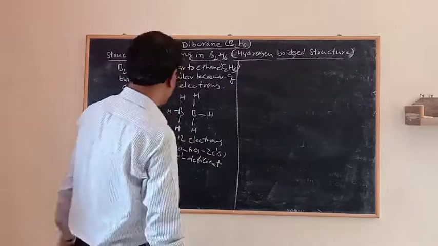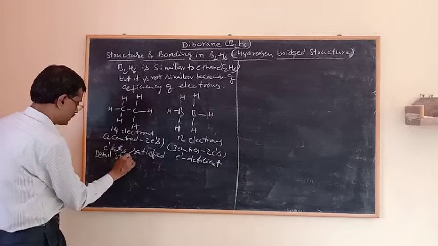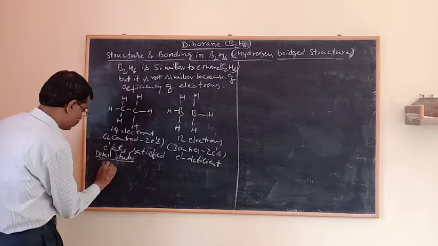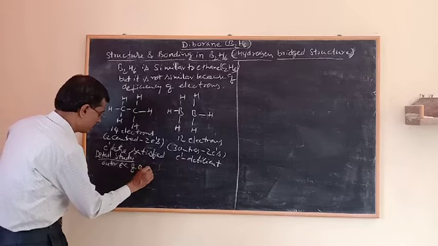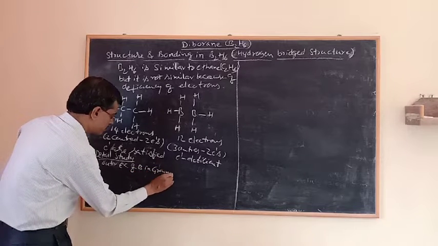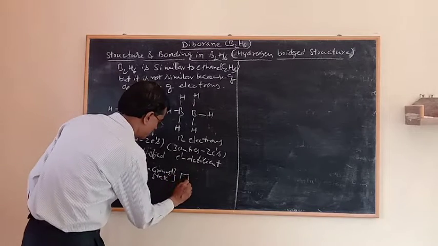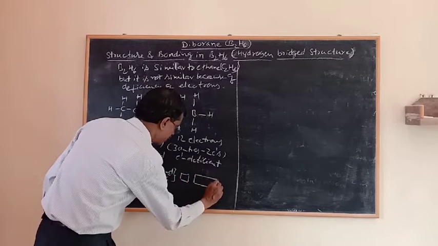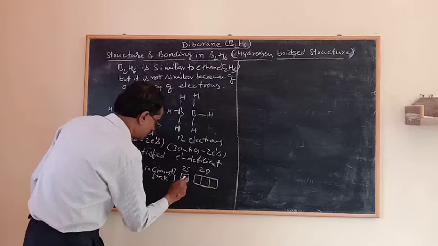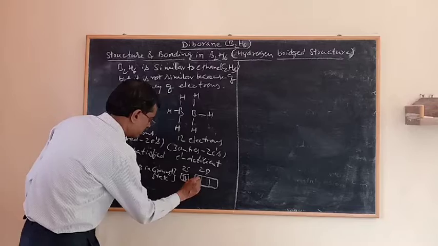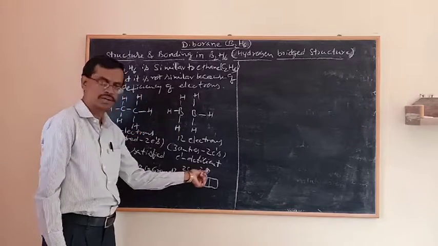You can study this in detail by taking the electron configuration. So the outer electronic configuration of boron in the ground state, I am taking only the outer electron configuration here. Here it is 2s and 2p. There are 3 orbitals here, and there are 3 electrons present in boron in the ground state, 2 electrons in 2s and 1 electron in 2p.